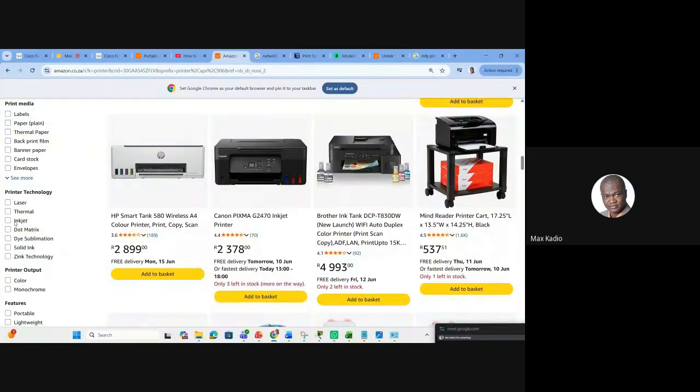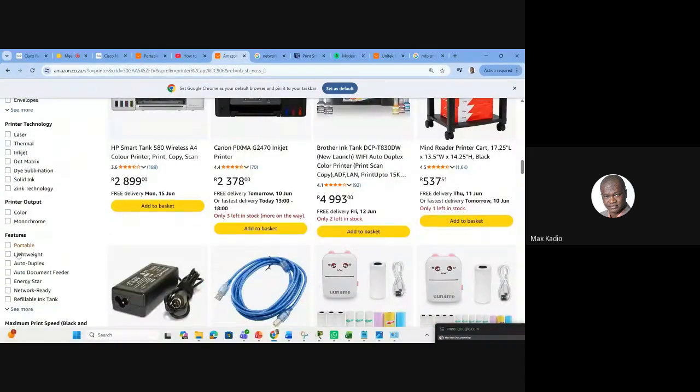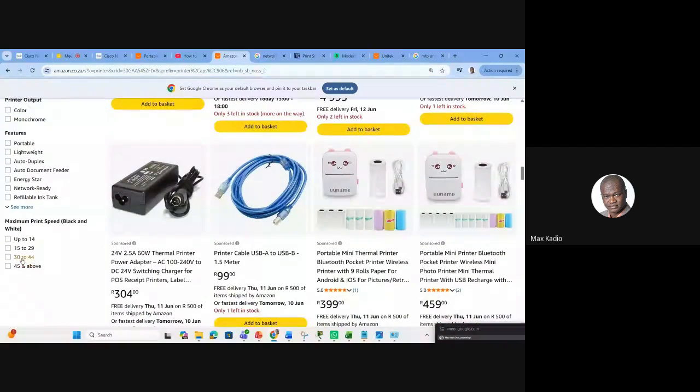Yeah, so you see here, printer technology. You have laser printer, thermal, inkjet. So it depends on what you want and also your budget. So you can filter. It's on your right side.